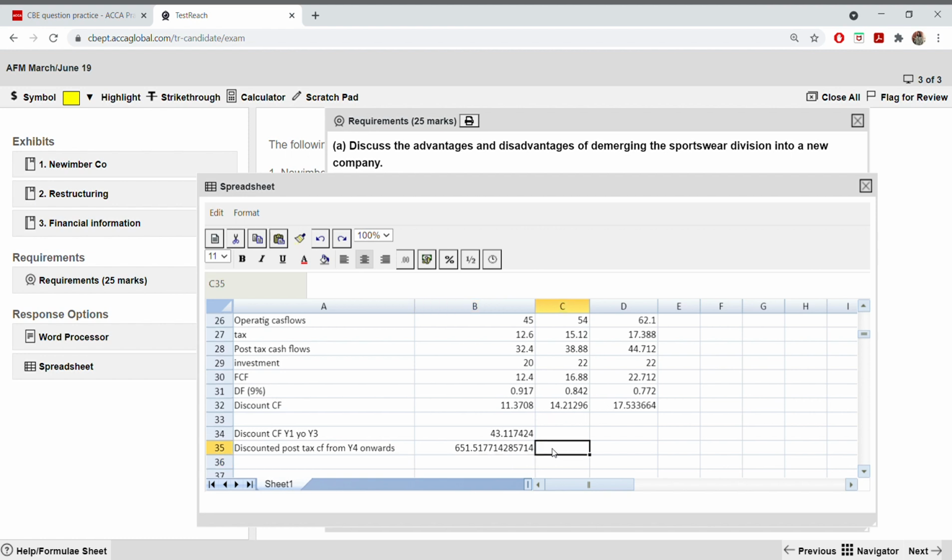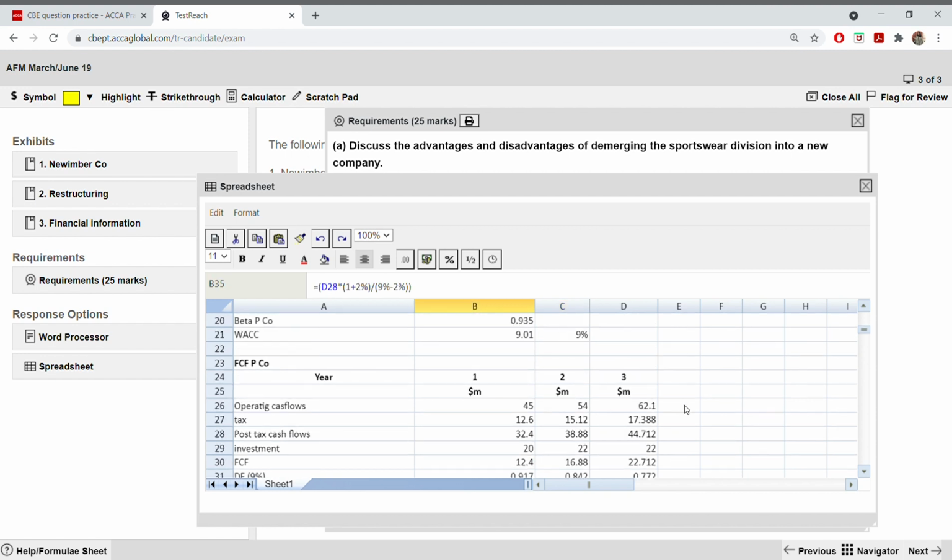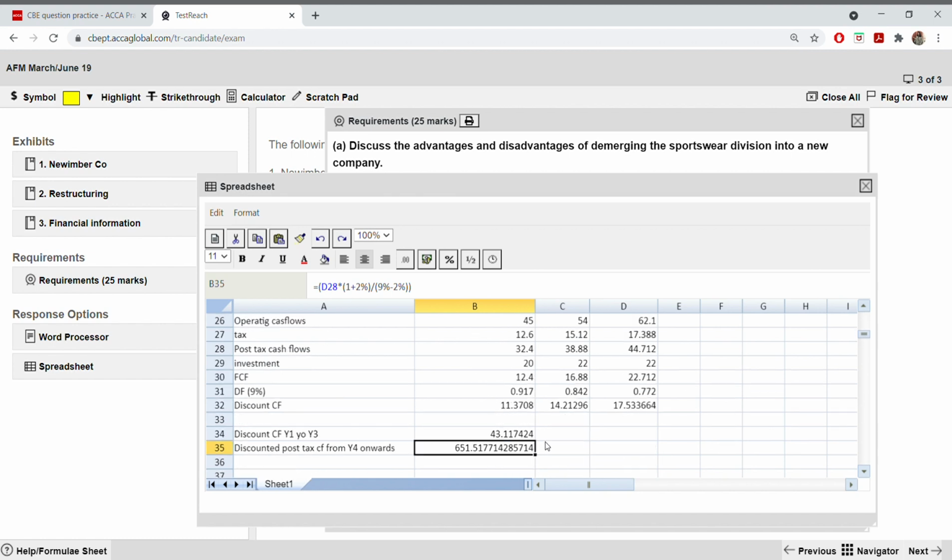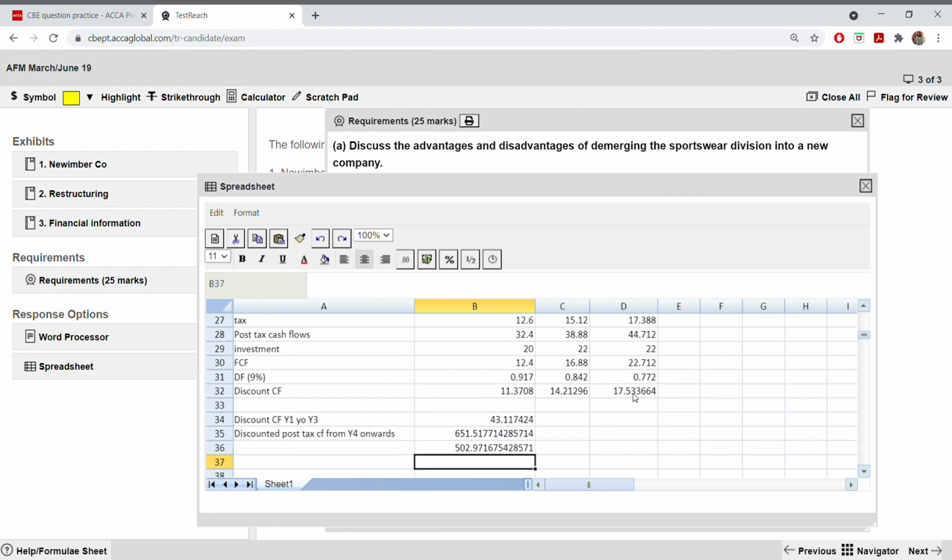44.7. Next, this is not enough. You need to discount this back to year 0. This is at the fourth year, meaning from here onwards. All these years you need to discount back to 0. So which discount factor are you using to discount? Simply multiply this by always the last year's discount factor. Okay,